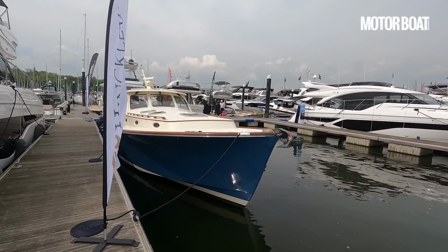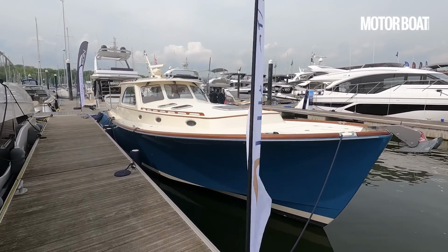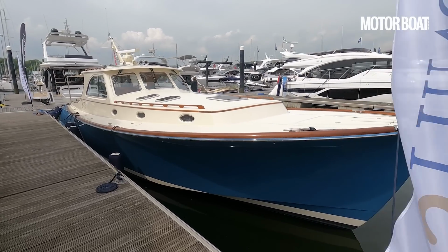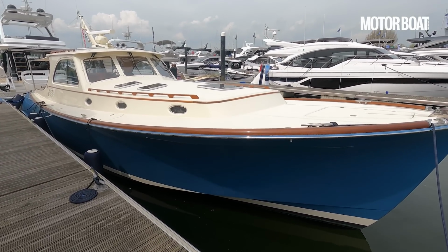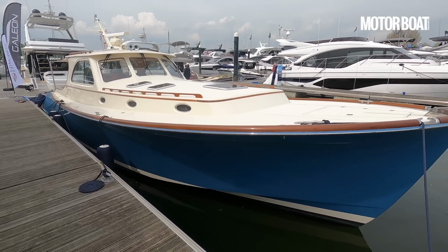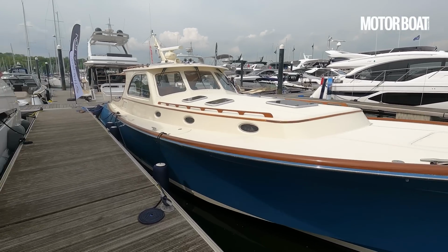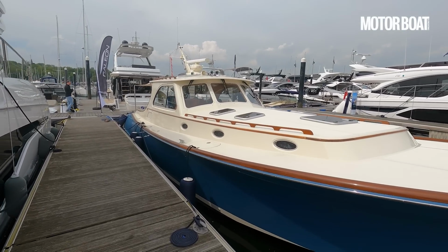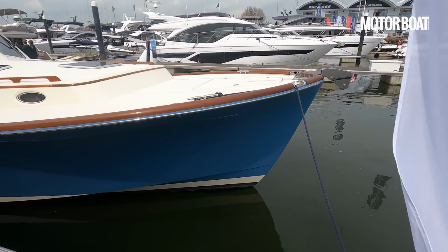When it comes to great American icons, there are few in the boating world quite as well known as this boat. This is the Hinckley Talaria 44. Now, Hinckley are an American brand and they produce absolutely beautiful boats. They're probably best known for the picnic boat range, which this is kind of an extended version of. So it's 44 foot long, but exactly the same principle of a semi-covered wheelhouse, beautiful lines, absolutely stunning craftsmanship and